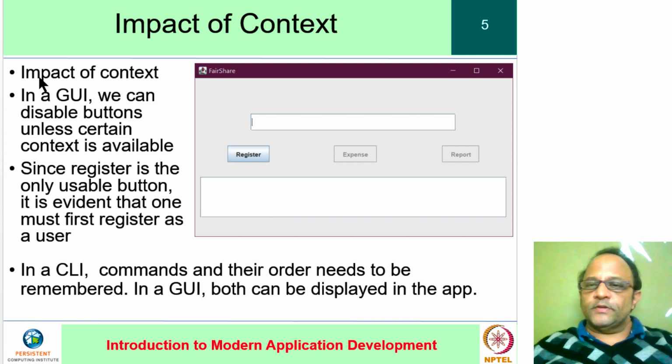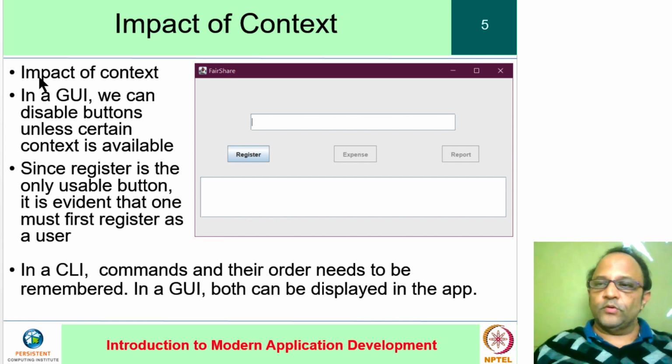Now let's see what happens when we start using context in an even more, shall we say, inventive or energetic way. As an example of what can happen, in the simple app that we considered, all three buttons of the app were possible to be pressed as soon as the app opened. But that is not actually very useful, because until a user has been registered, it is not as if you can do anything with the other two buttons. This knowledge tells us that we should actually have some sort of way to tell the user that certain buttons are of no use right now.